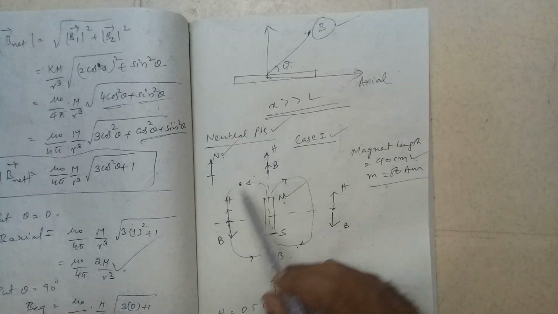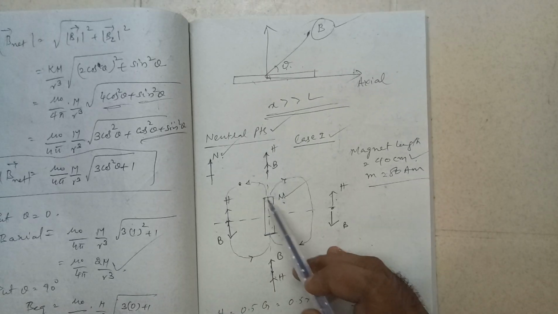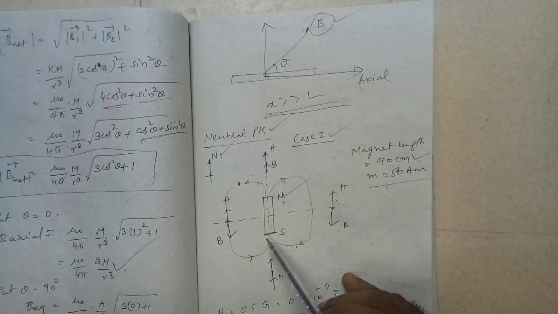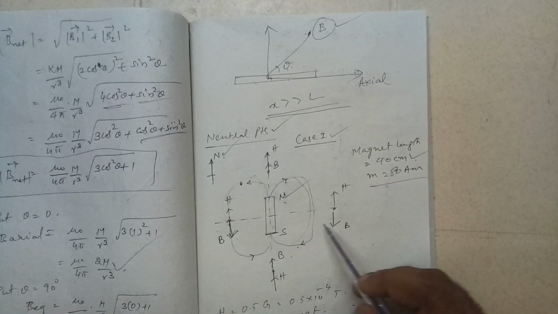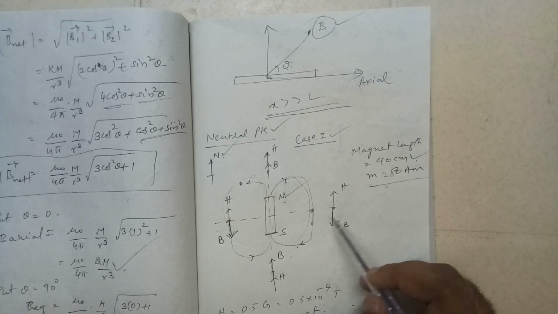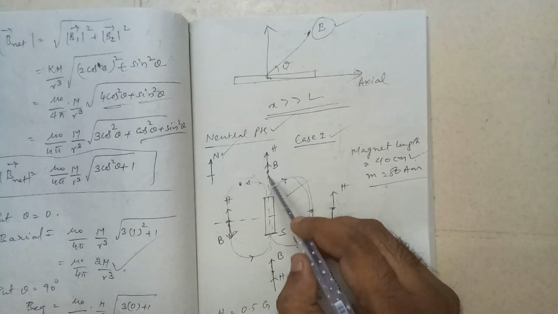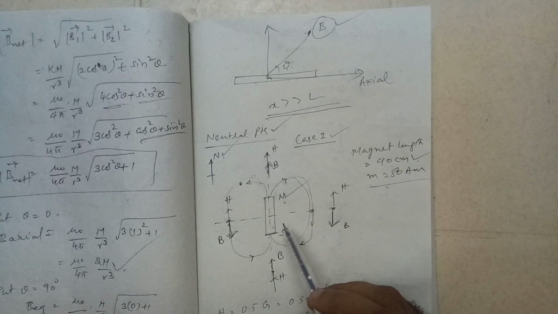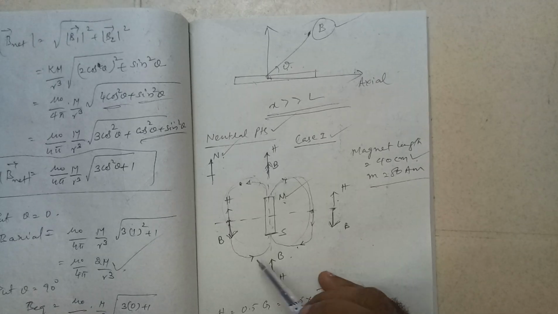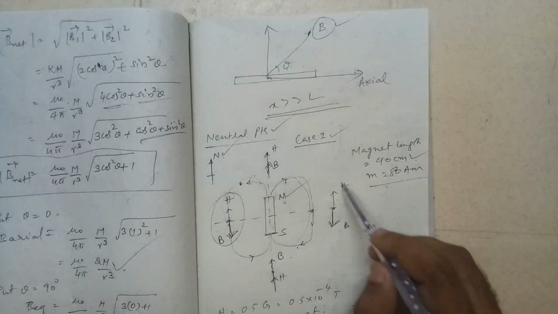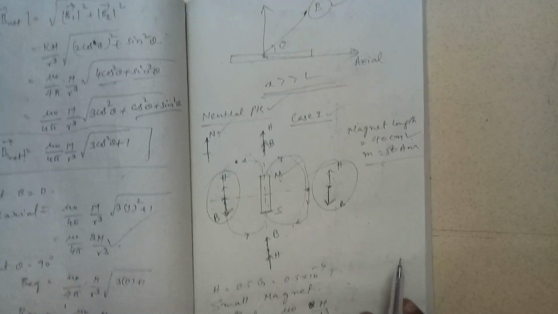So at all these 4 points, the direction of H will be upward, and the magnetic lines originate from magnetic north to south. So you can see this direction. At this point it will be downward. If I take this point and draw a tangent, it will be downward on this line, okay, and here it will be upward. It will be upward here, okay. So there is a possibility that at this point we may get the neutral points. If H is balanced by B, I will get the neutral points.